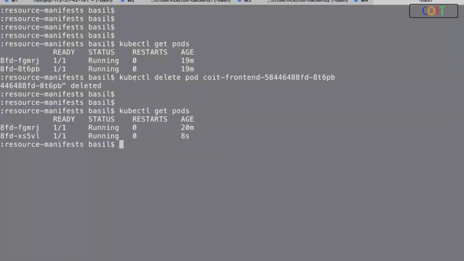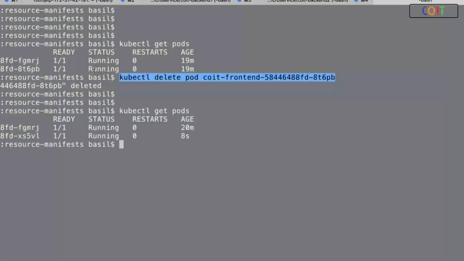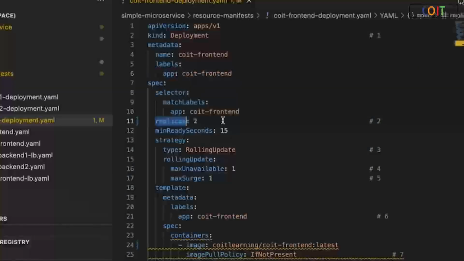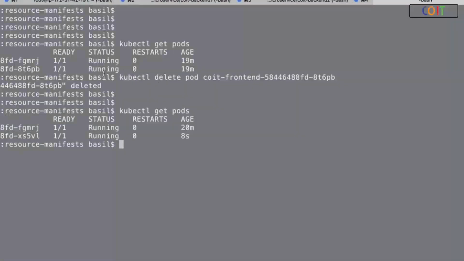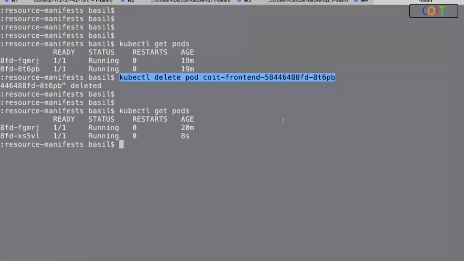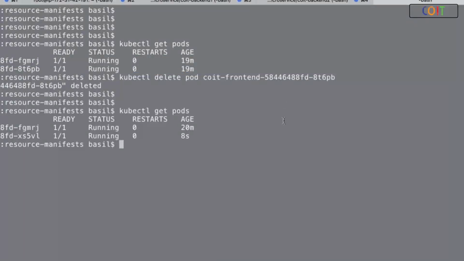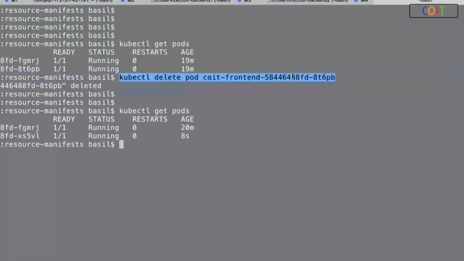What it did is it identified that a pod got deleted. But what is your desired state? The desired state says replicas equal to 2. There should be 2 containers. But in the actual state, only 1 container is running. The second container is deleted. So the actual state is 1, the desired state is 2. What will the controller do? It creates a new container. And you can see 8 seconds ago, in other words immediately after I deleted the pod, a new pod